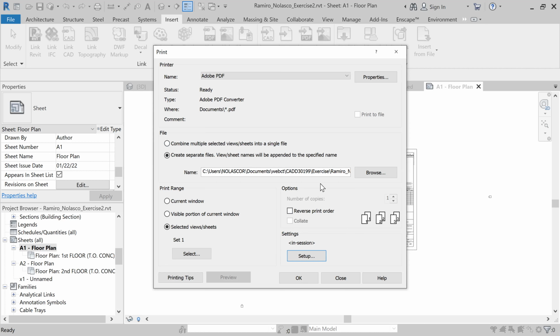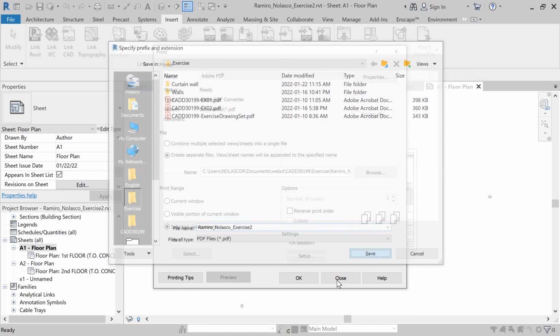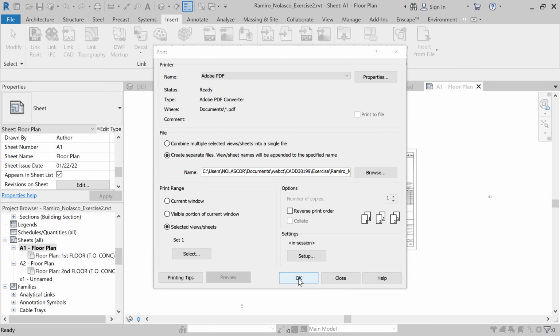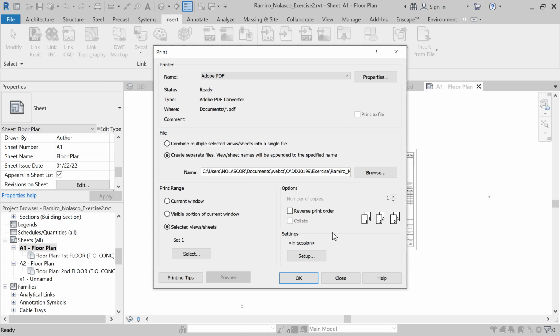Once everything is set, make sure you place it at the proper folder. So browse. I'll be printing it here with the name, my name, exercise 2, and click OK. So normally you want them in one file. So let's see. We have 2, create separate. Okay, continue